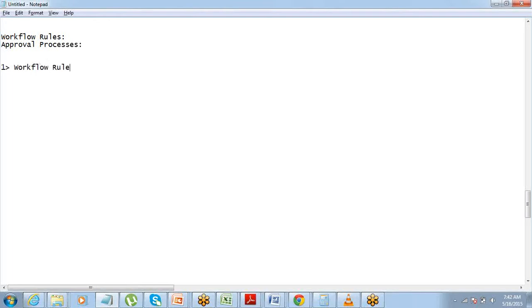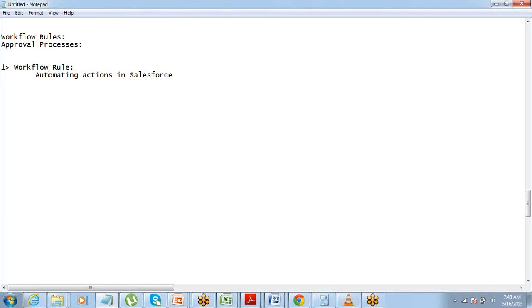Workflow rule is a simple concept. It's basically automating actions in Salesforce. As the name says, workflow, flow of actions. So you can automate some action within Salesforce. For example, whenever you receive a new lead, you want to send an automated email saying, hi, we have received your inquiry, we will get back to you, that sort of thing.